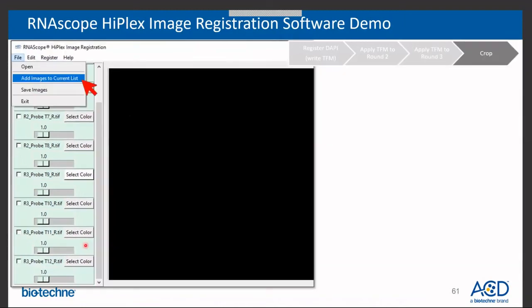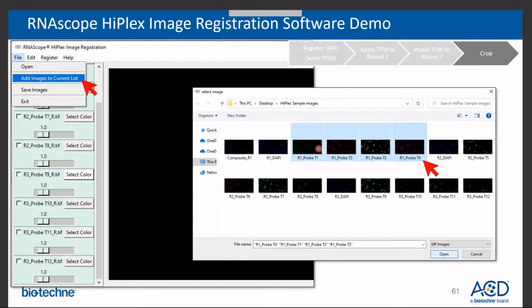Now, whatever happened to the staining from round 1? Well, remember, we used the round 1 DAPI as our reference image in the first place. So you don't need to write a transformation matrix to align the probes from round 1 to their own DAPI. They're already aligned, but you do want to add them to your dashboard. So go up to File, Add Images to Current List, select the probe channels from the round 1 of staining,